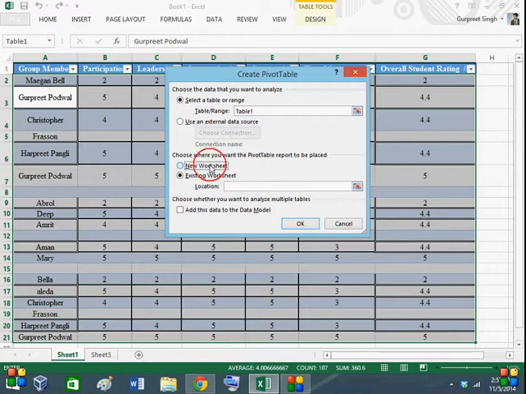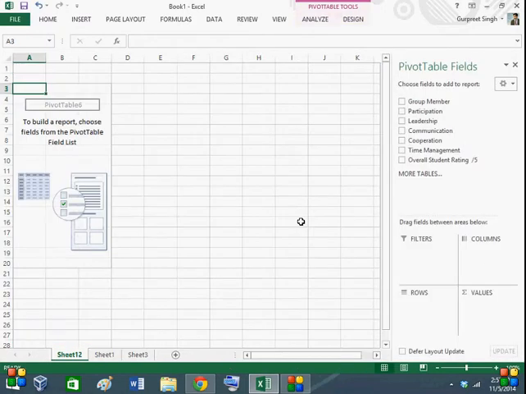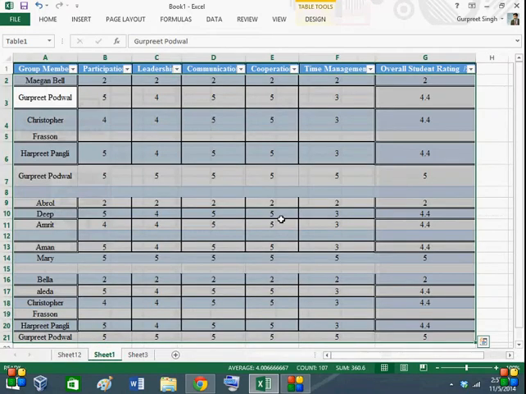I'm just gonna go by the new worksheet. Just select new worksheet and hit OK. There you go. Here's a fresh worksheet where we can sort our data which we have selected on our previous page, this one over here.